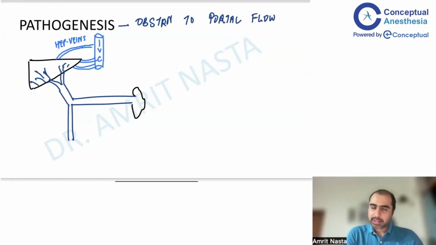This can happen for various reasons. The easiest and the most common reason that you should know is what is called cirrhosis of liver. In cirrhosis,